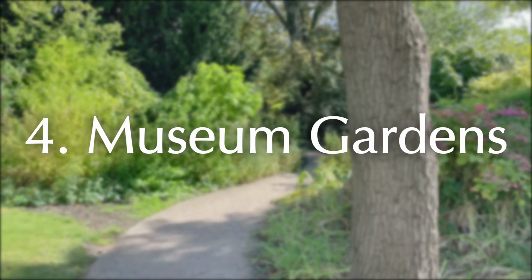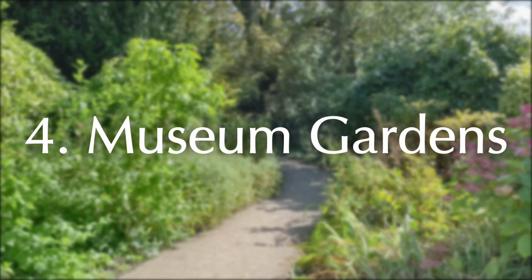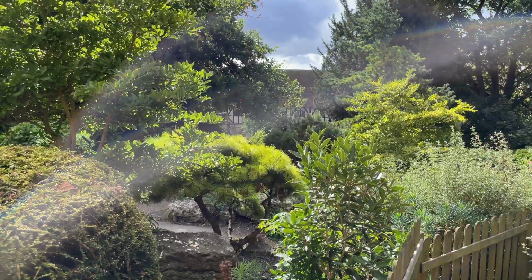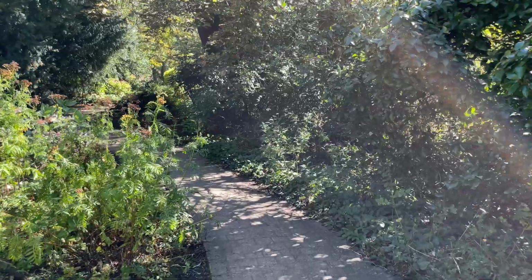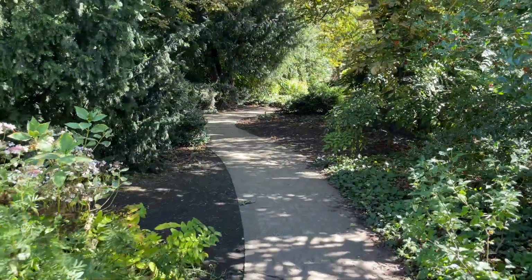Next, we're heading to the Yorkshire Museum Gardens, which is perfect for anyone who loves the outdoors and history. Inside, you'll find over 4,500 species of plants, including an edible wood, where each plant has some part of it that can be eaten. You'll also be able to see some of York's most remarkable buildings, including the ruins of